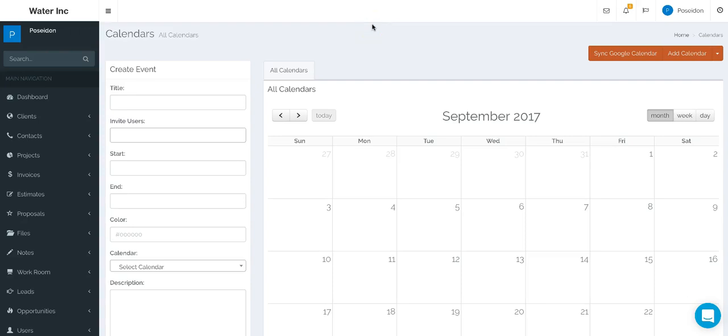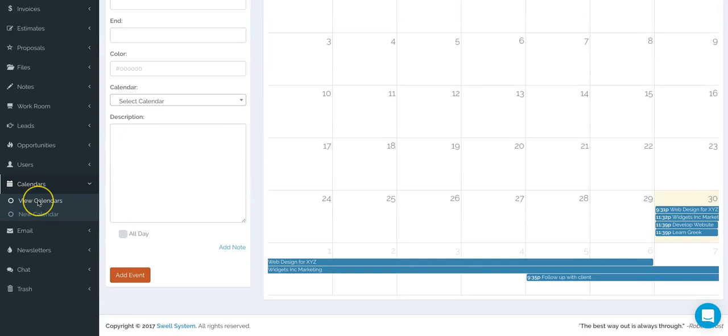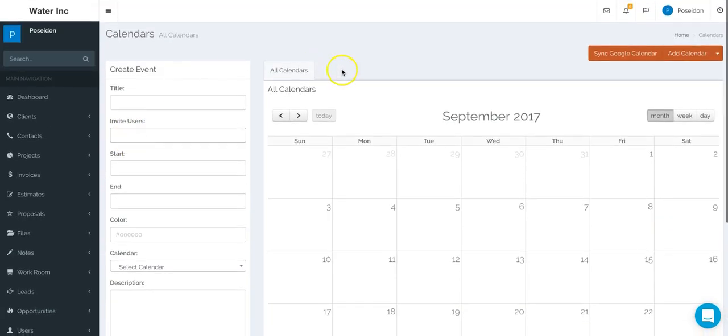In Swell Enterprise, you have the option to use the Calendar and Events module. In this module, you have the option to create multiple calendars and then create events under those calendars. So by default, if you go to Calendars and then View Calendars, you'll see the System-Wide Calendar here, which pretty